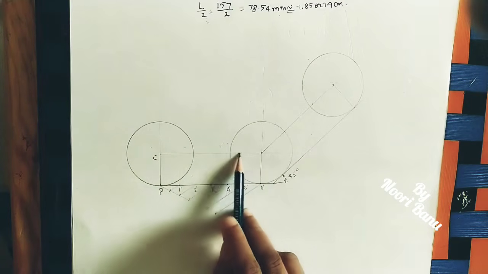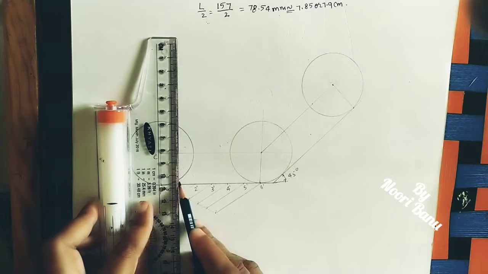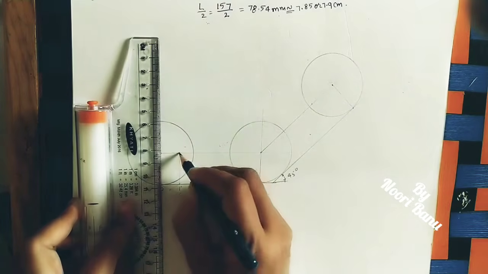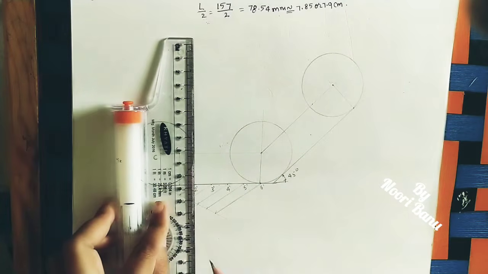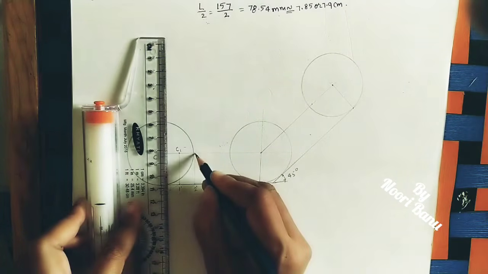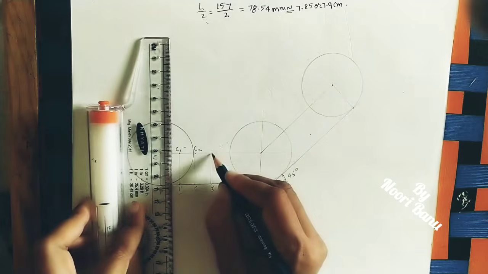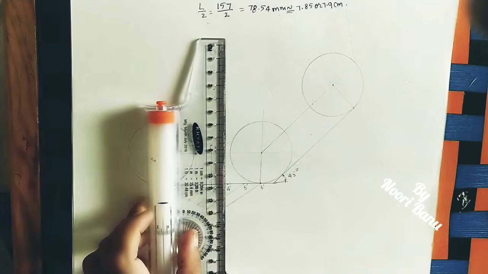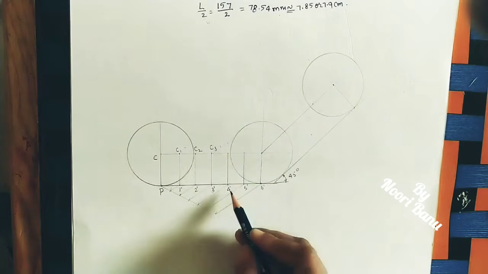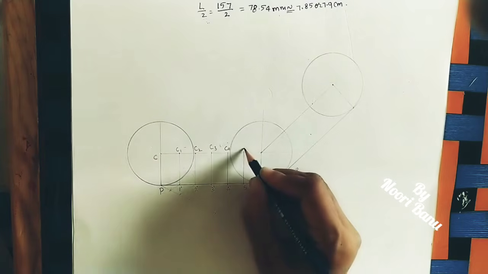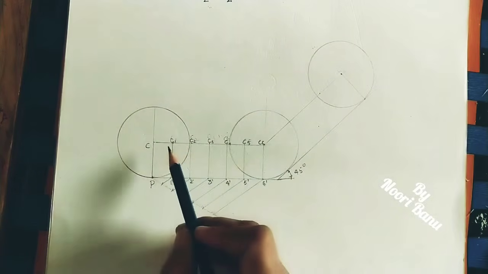Now our main aim is to mark the centers. Take this as a reference line. At 1 draw the vertical line up to this center line. Take this intersection point as C1. Similarly draw the parallel line at 2 and mark this intersection point as C2. At 3 draw the vertical line up to the center line. This intersection point is C3. Similarly at 4 and at 5 also draw the lines. So at the 4th line take C4, at the 5th line take C5, and at the 6th line we have already marked the center C6. So on the center line we took 6 centers.